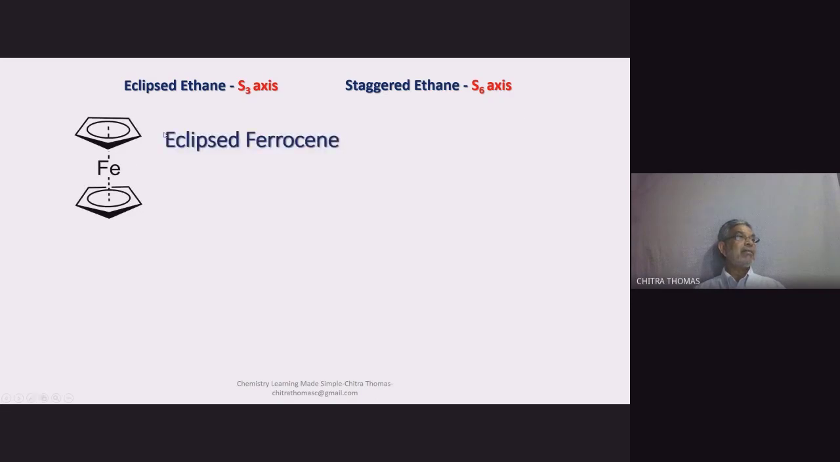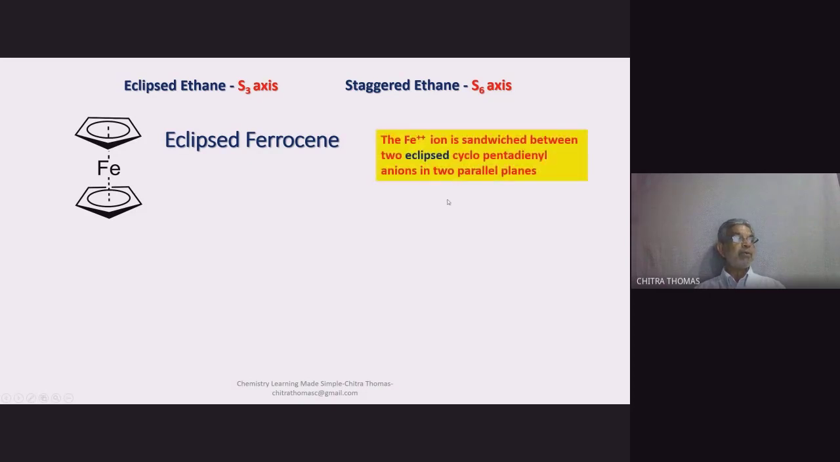And this is what is called the eclipsed ferrocene. In the eclipsed ferrocene, the Fe2+ ion is sandwiched between two eclipsed cyclopentadienyl anions. Note that this is against this. So this is eclipsed. If eclipsed ethane has an S3 axis, what should be the Sn axis in the eclipsed ferrocene? Note that the cyclopentadienyl anion has a C5 axis. So